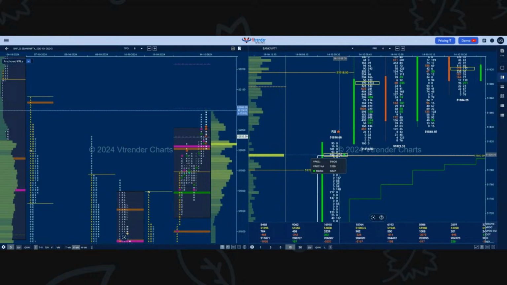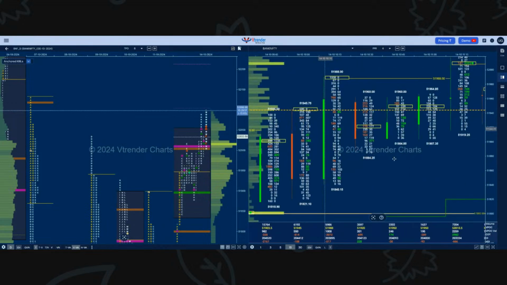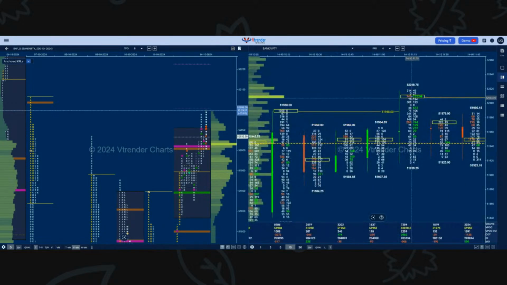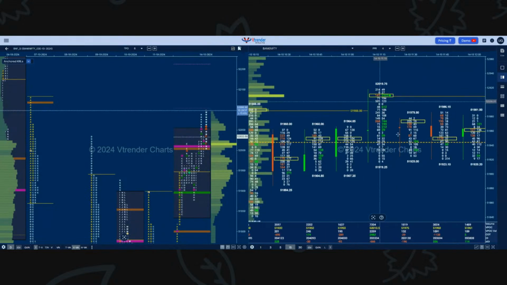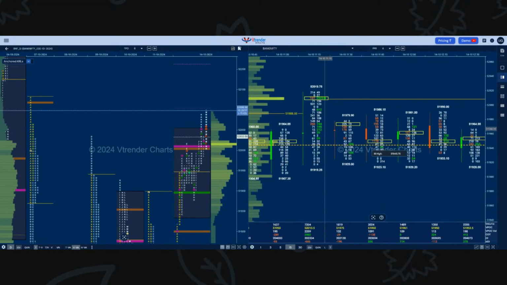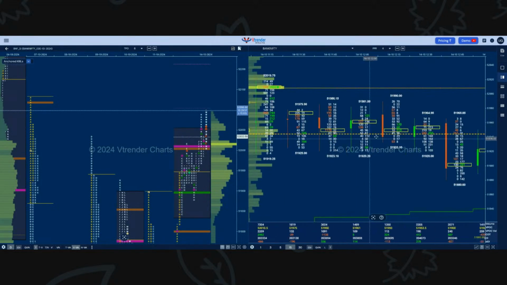This LLT was not tagged for the rest of the day, and this was part of an IB POC. And this POC, although it was on the upper side, was a valid reference and it was not hit. Whereas in this case, we never stayed above this POC. Immediately we remained below this, which was telling us that the upside may be capped and the Bank Nifty could look for a